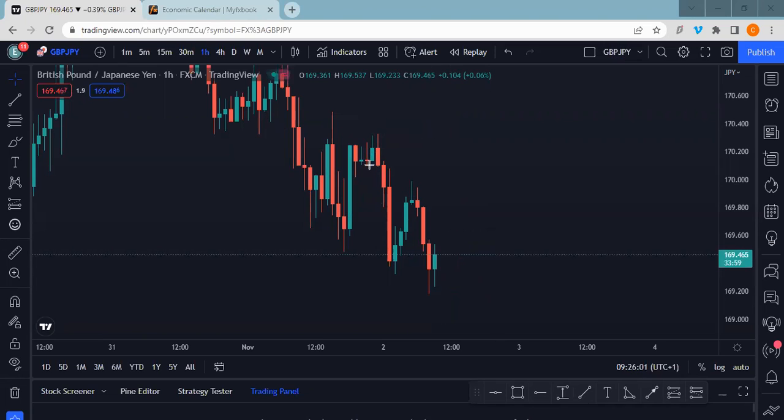So price made a low. We're just waiting for resistance. That's what we're waiting for. And the resistance came because, see this, right? First candle was strong bullish. Second candle was strong bullish. Third candle was strong bullish. But look at how this candle closed. Weak bullish. And it closed where? Around here.